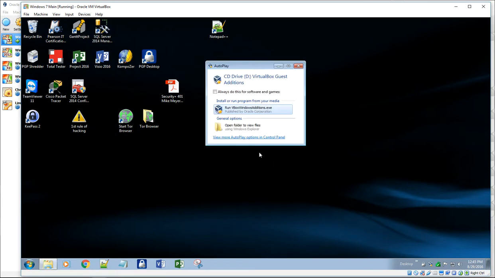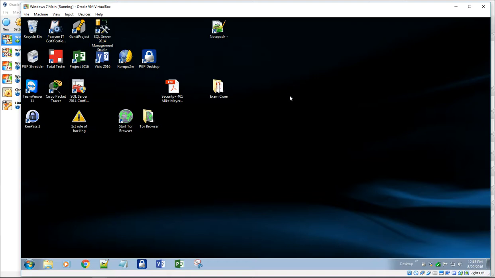I've tried it on Ubuntu and Linux Mint, Windows XP, Windows 7, Windows 10. It runs on all those. Server, it runs on that. I've not tried it on a Mac OS, but that runs the Guest Additions, and that gives you different options. It's different software that comes with VirtualBox, and it installs that inside your machine here.